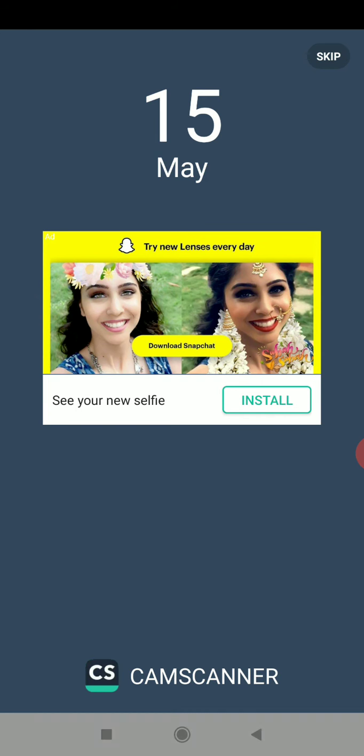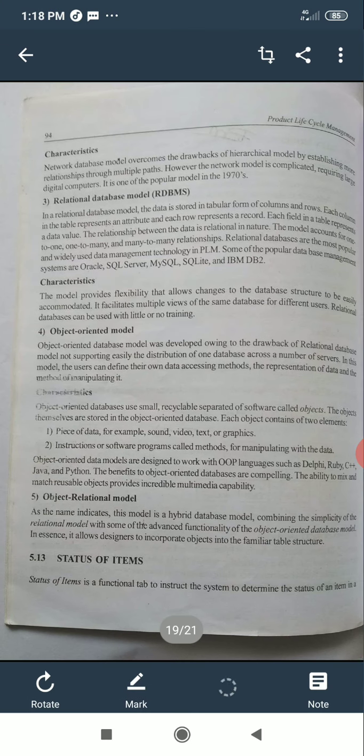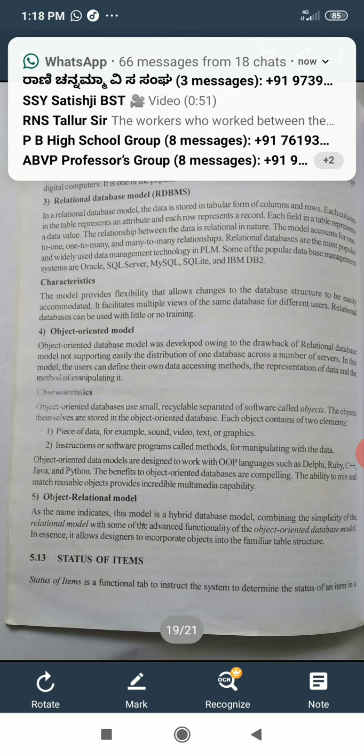In this model, the users can define their own data accessing methods. The representation of data and the method of manipulating it.